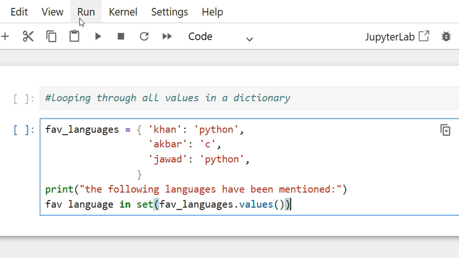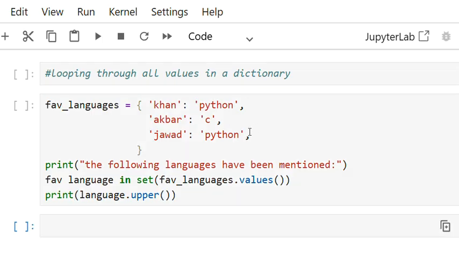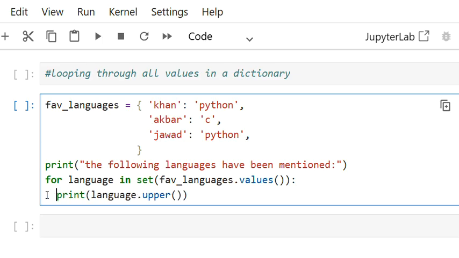Now let me run it. Let me add print and language dot title, to display it in a proper style. Okay, to correct the mistakes, favorite. Now if I run it,